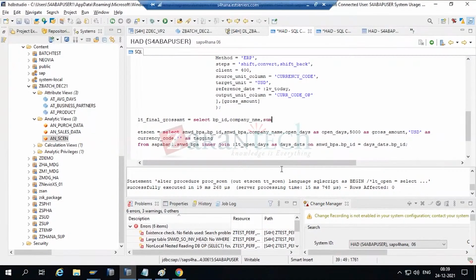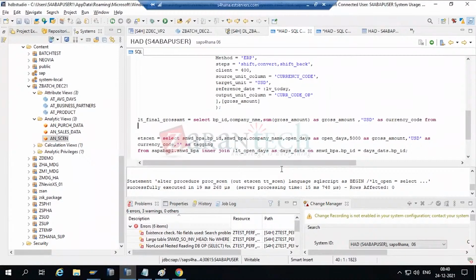We want the sum of the gross amount. And we are passing the currency as USD as currency_code